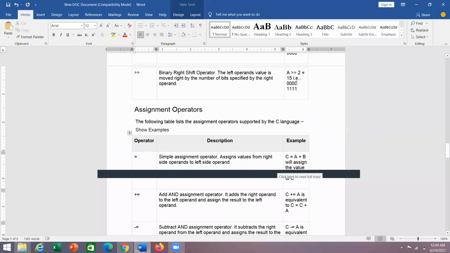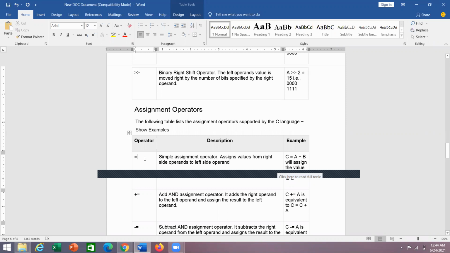So here we have the assignment operator. That means we have to assign a value. For example, a is equal to 5 is an assignment operator, using this equal symbol. Assignment means we use the equal symbol. So a is equal to 5, here we have to assign the value of 5 to a. The value 5 is assigned to a. So a value is 5.